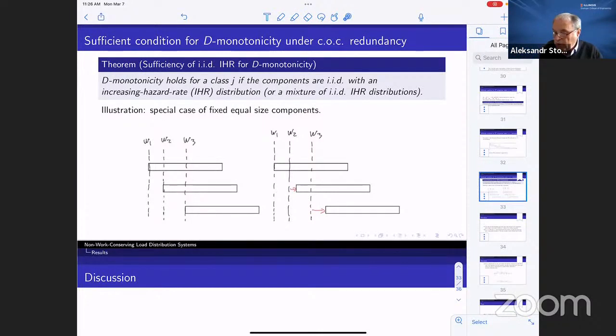So suppose these are your workloads on the selection set. So you have these three components of exactly equal size. So obviously, if these initial workloads spread out a little more, right? So this one you move here, and this one you move even more. Clearly, that more will be canceled. So here this will be canceled, and here this will be canceled. So in this case, for deterministic, it's rather obvious, but this is true for any increasing hazard rate.